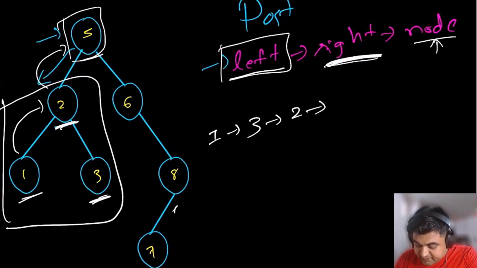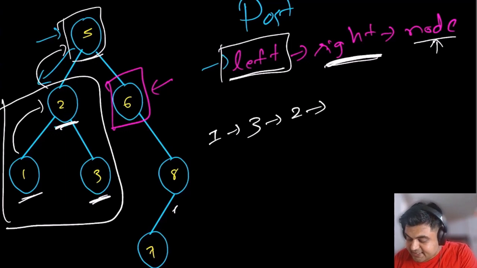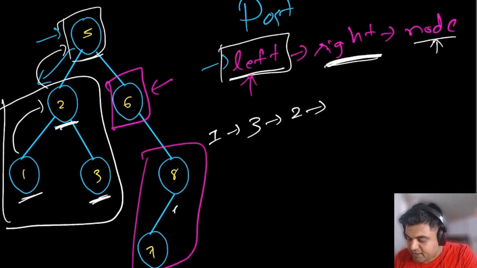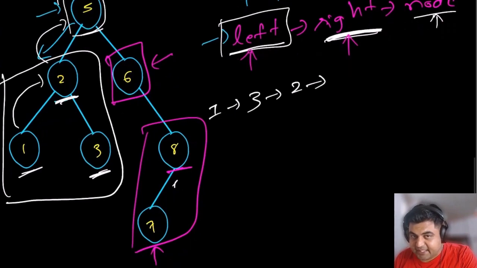So even for the right subtree, we are going to apply the same logic. For this node number 6, since it does not have any nodes on the left, it still has nodes on the right that we haven't taken care of. So again, we are going to visit the right subtree for node number 6. That is going to be node number 8. Even for node number 8, it still has elements on the left that we haven't taken care of, that is node number 7. So the next value after visiting node number 2 is going to be node number 7.